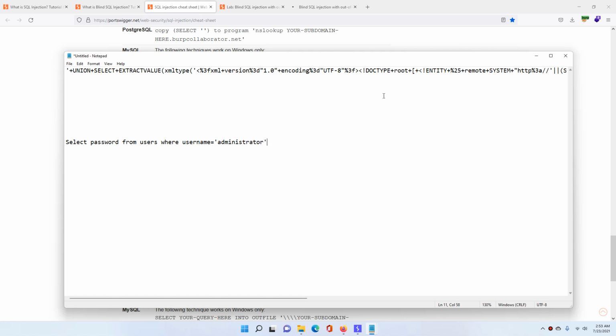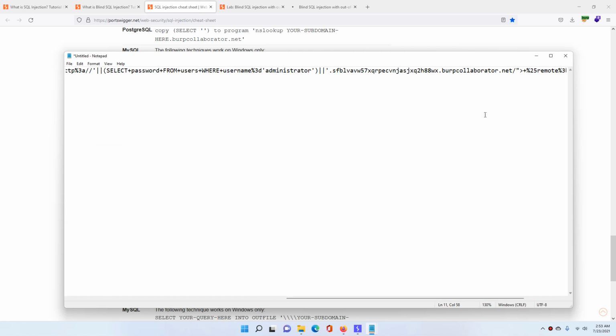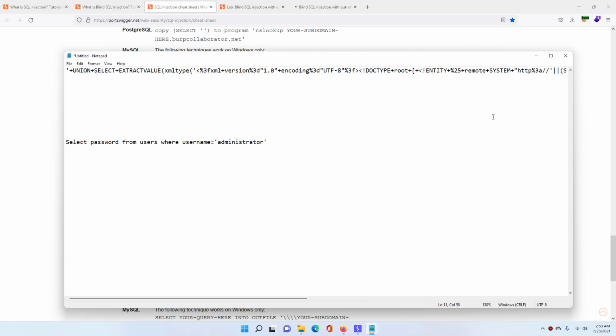This will be your query, and you need to replace the Burp Collaborator website in this place, and paste this query over here. So select password from users where username is equal to administrator. This is a URL encoding for the equals sign, and all is set.